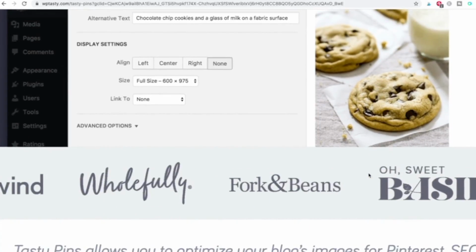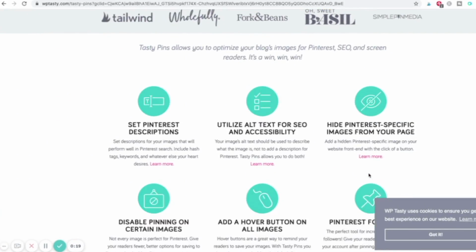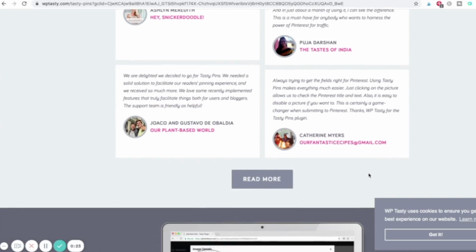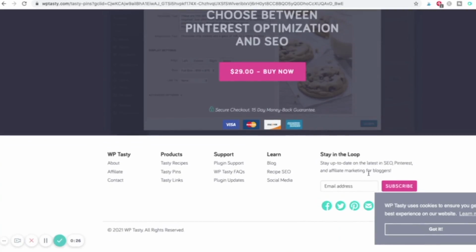If you're able to add the right description with your Tasty Pins plugin for all of your images, whether it be your alt text or your pin description or your pin title, it's super helpful for somebody who wants to pin an image from your website directly. The reason why it's so helpful for you is because you'll know that your pin description is already SEO optimized for Pinterest. And so when somebody comes to pin your image from your site on their Pinterest account, it has a chance of getting traction on Pinterest as well. So you're giving it its best chance of getting extra clicks on Pinterest from other people for the sake of your benefit.